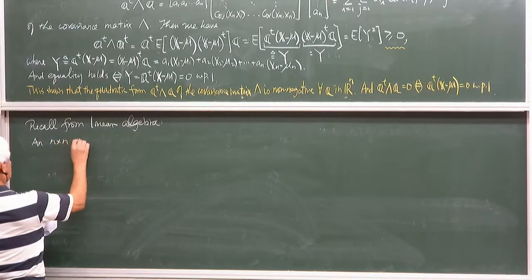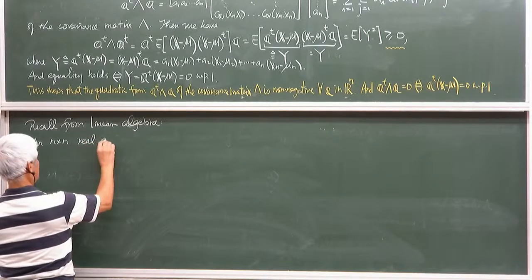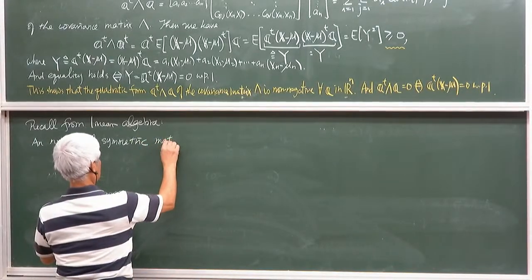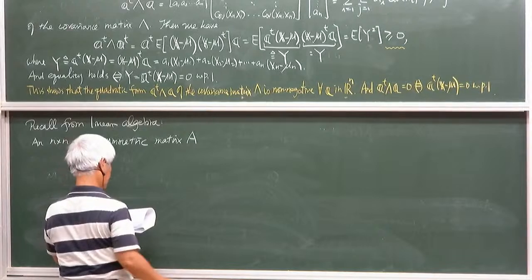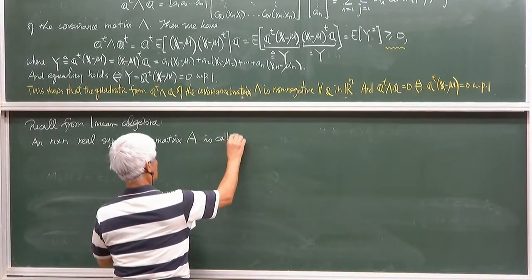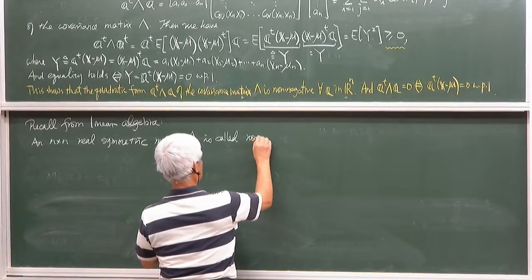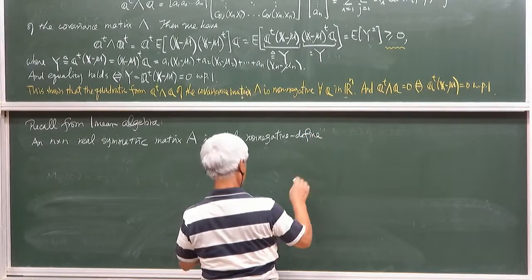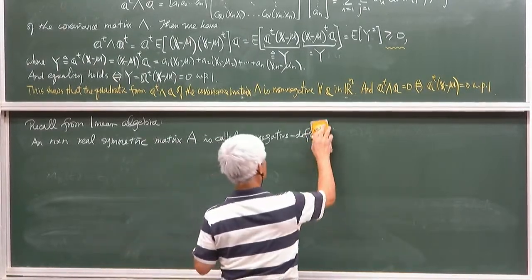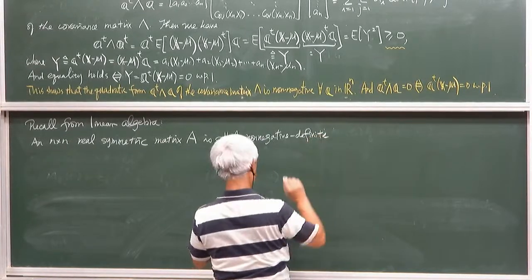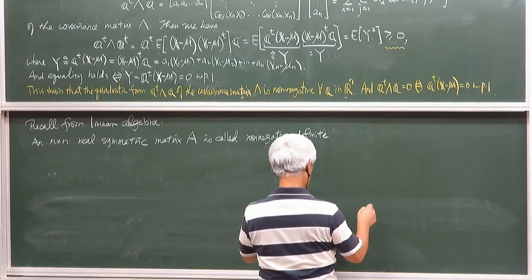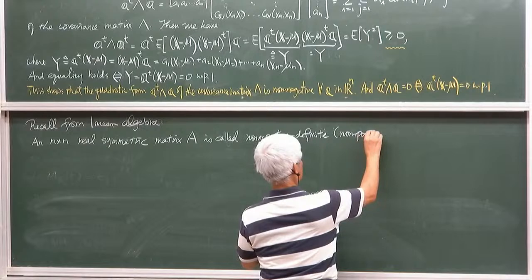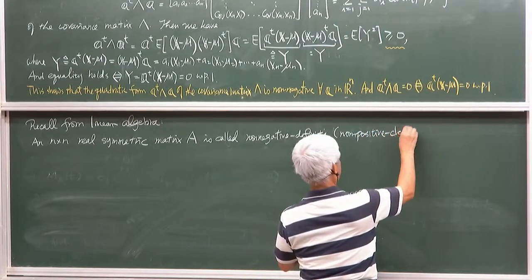An n by n real symmetric matrix A is called non-negative definite, or non-positive definite,